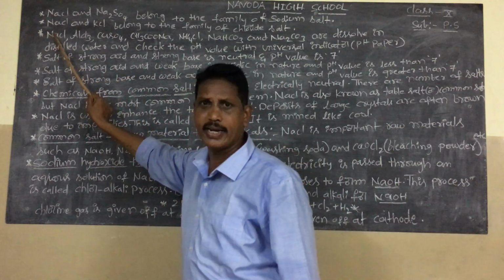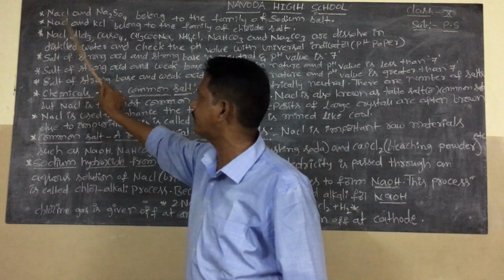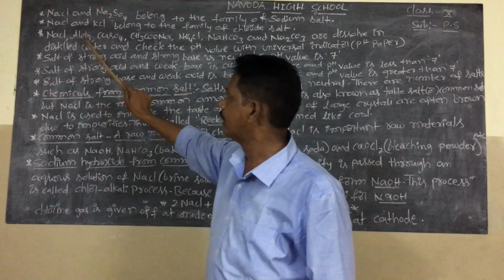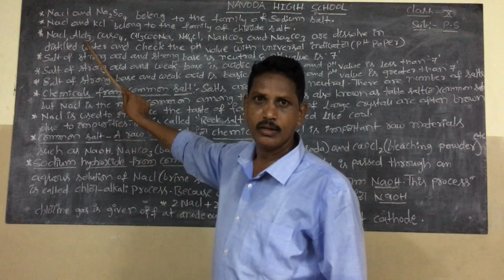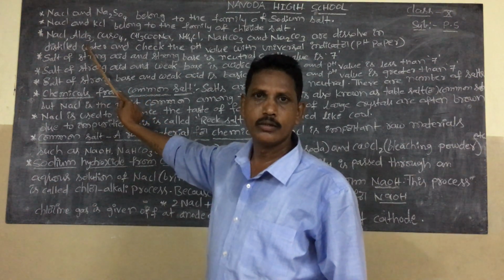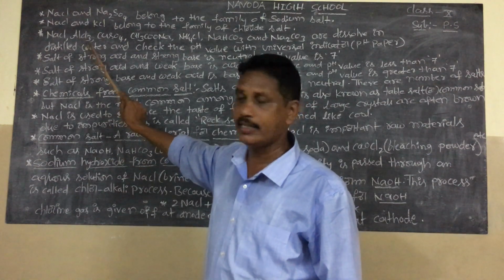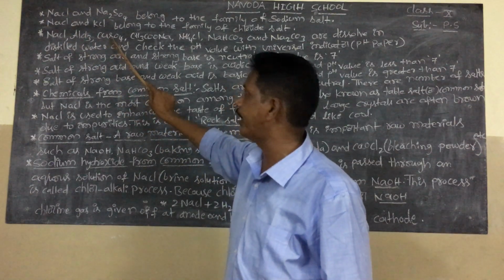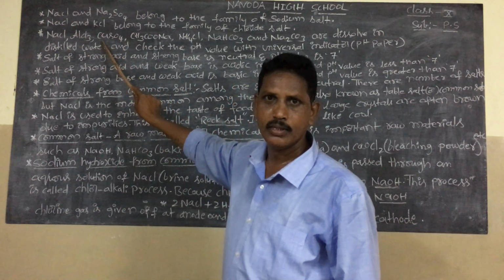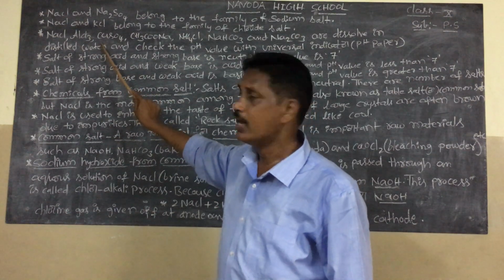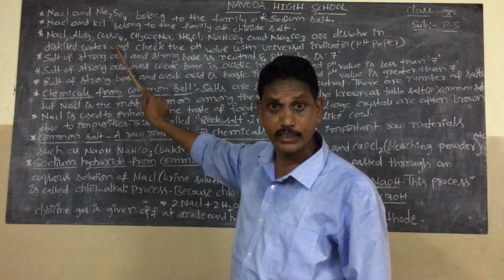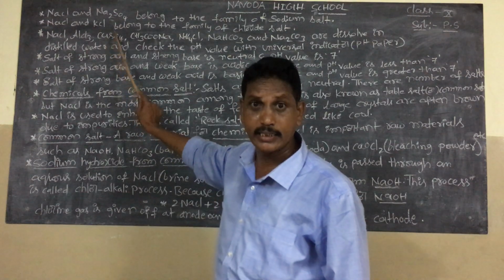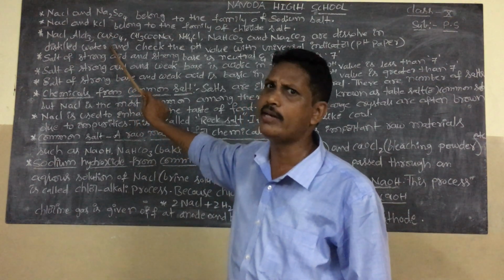Here, NaOH and HCl: strong base, strong acid, neutral. AlOH thrice, a weak base, with 3HCl, a strong acid. A strong acid reacts with a weak base, the pH of the salt is less than 7, and this salt is acidic in nature. Here, CuOH twice, copper hydroxide, the base, reacts with H2SO4. A strong acid reacts with a weak base. This salt is acidic in nature, with a pH value less than 7.